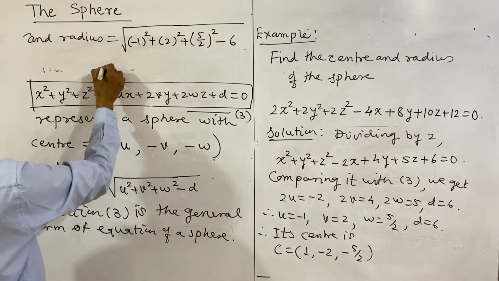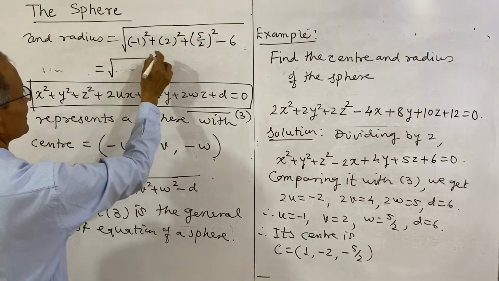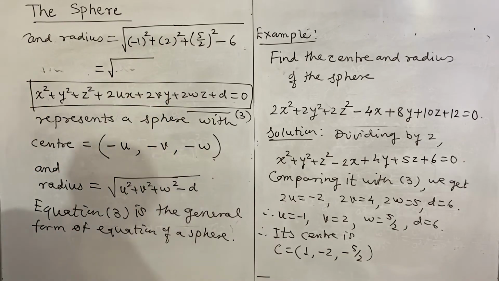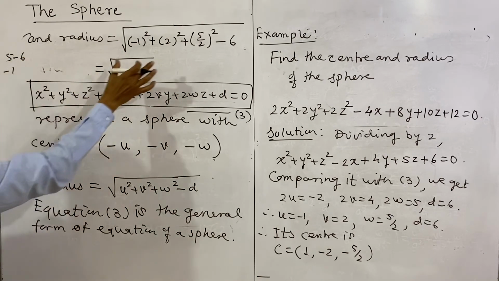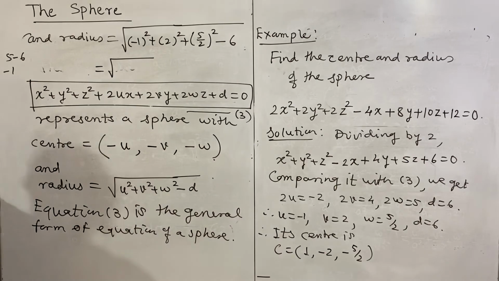Simplifying this we get the radius: 1 plus 4 is 5, 5 minus 6 is minus 1, and plus